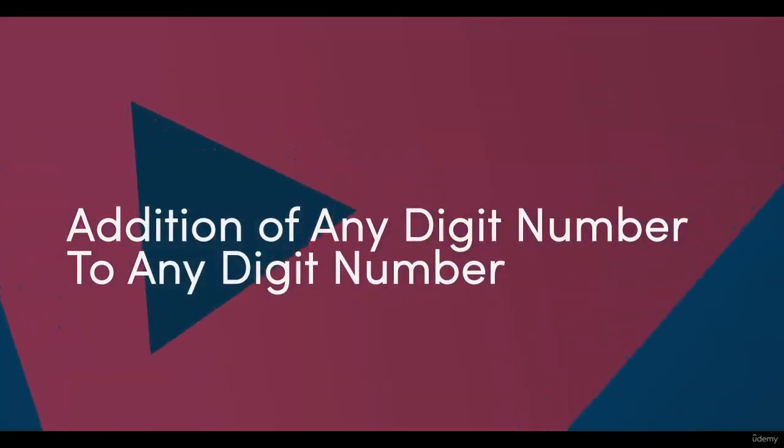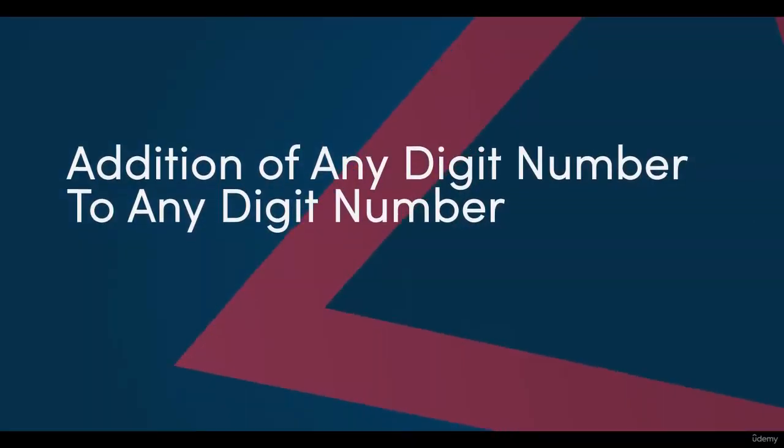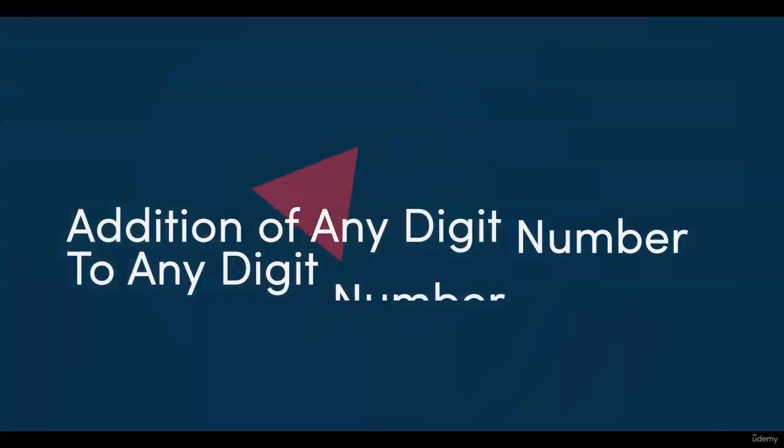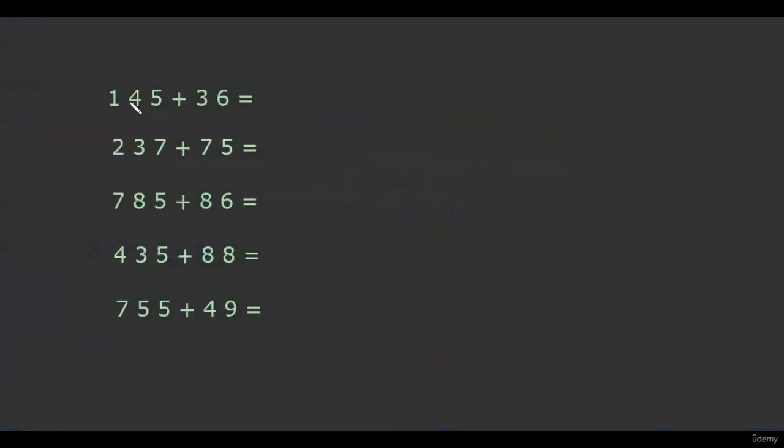In this lecture, we will extend this technique to more digit numbers. Now this is a 3-digit number and this is a 2-digit number, and there is no number left for 1 to add. So before writing 1 over here, we will observe the pair on the right of 1, that is 4 and 3. 4 and 3 are non-carry numbers. So if 4 and 3 are non-carry numbers, we will write 1 as it is.